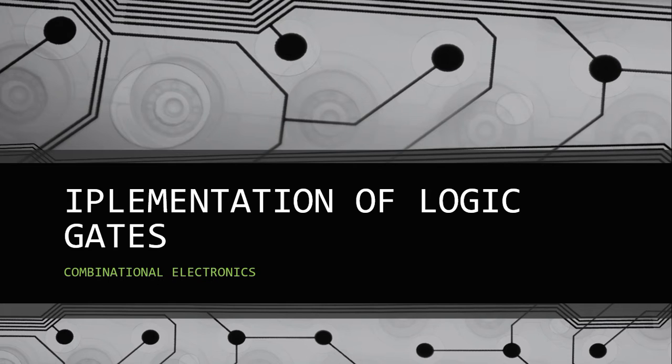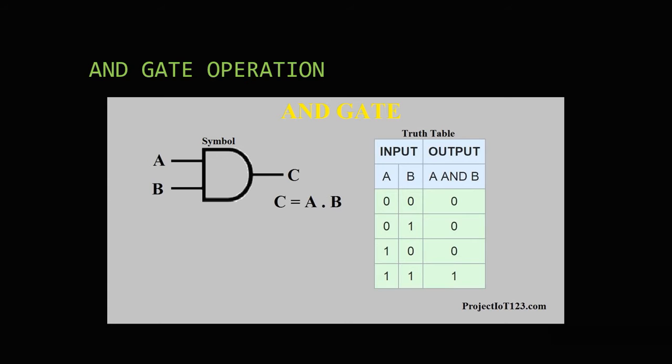So it is part of the basic circuits that we use in our daily lives, and a lot of circuitry around us is based on these types of circuits. Now we will discuss some basic logic gates that are used in our various circuits. So let's start. First of all, we will discuss the AND gate.